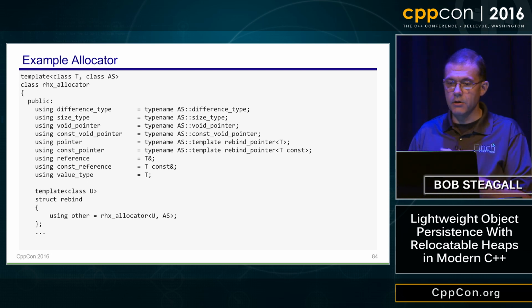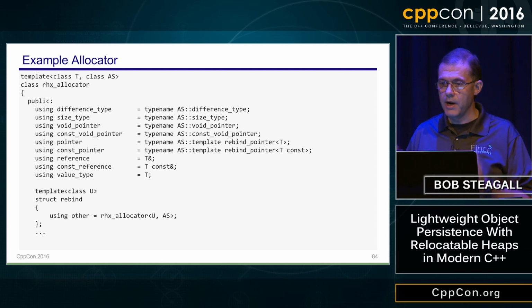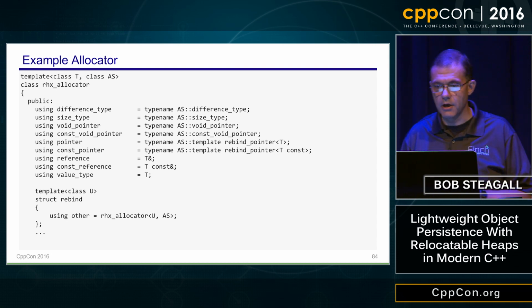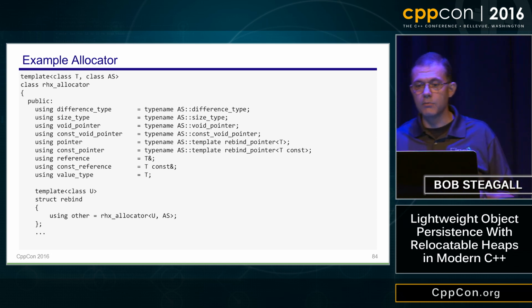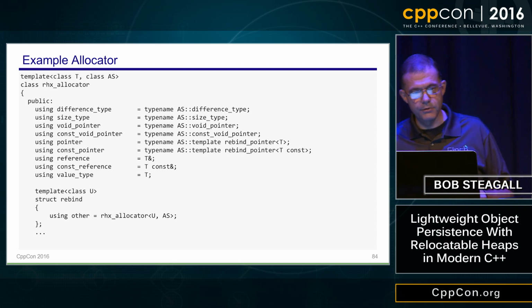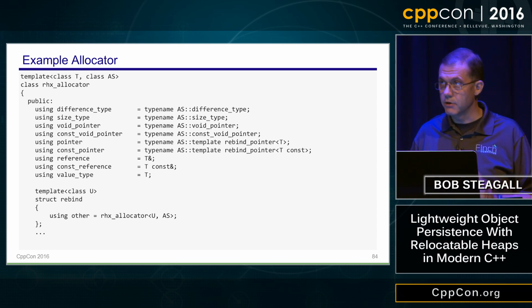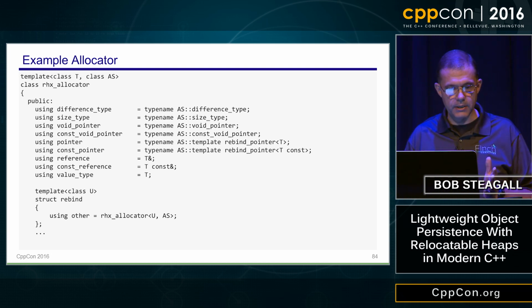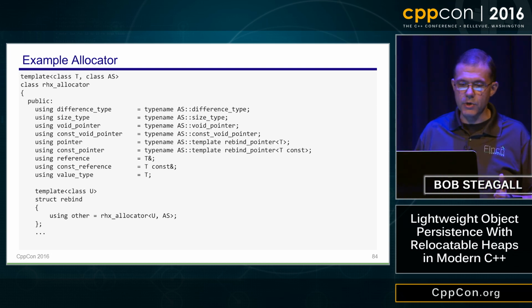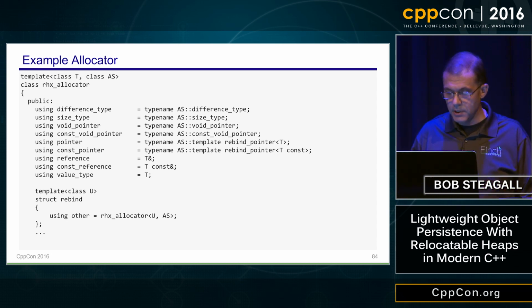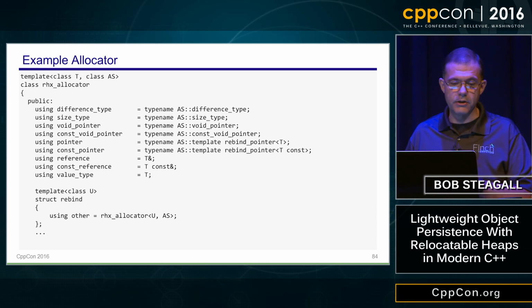And here's an allocator wrapper, a simple class template that's parameterized by an element type and by an allocation strategy type, the thing we just saw. Its interface is compatible with std allocator traits. The top is all very standard stuff. You'll see this in just about every standard conforming allocator. The basic type aliases that define what memory is. And also, there's the rebinder, which has been part of std allocator, I think, since C++98. And this allows conversion from one allocator type to another by simply changing the element type.